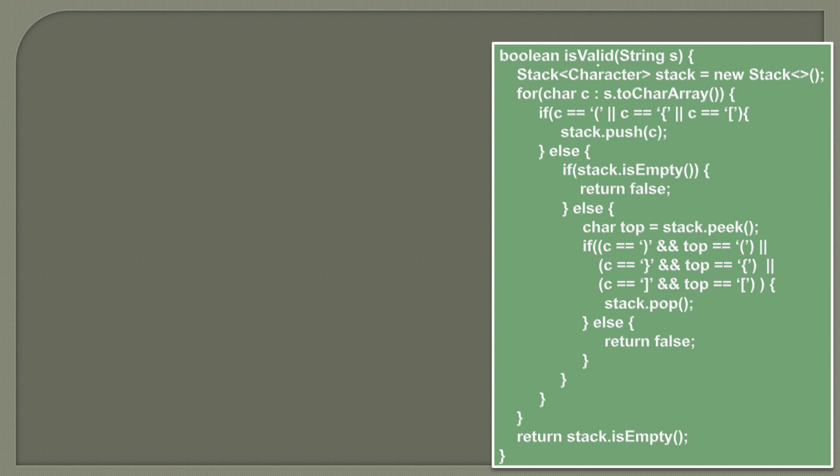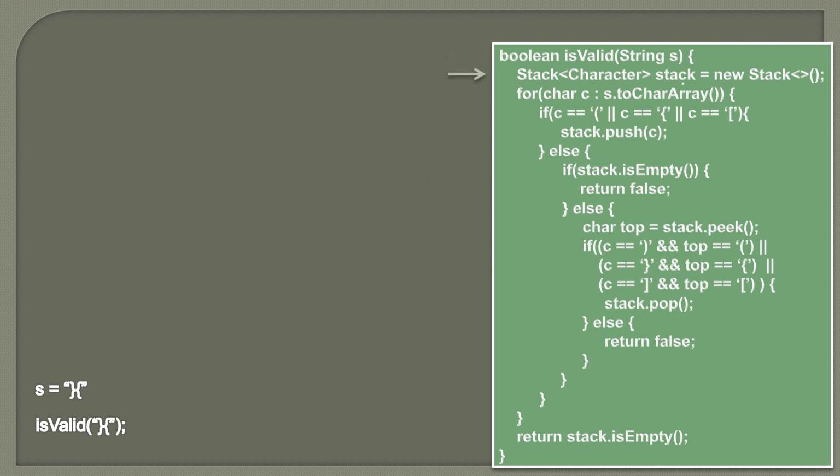So here we have a method isValid which takes the input string and returns a boolean value true or false, which states whether this string is valid or not. First we will see the negative scenarios where we are returning false. One is here, here and here, if the stack is not empty. So if we call the isValid method passing in one closing curly bracket followed by an opening curly bracket, S will be this string.